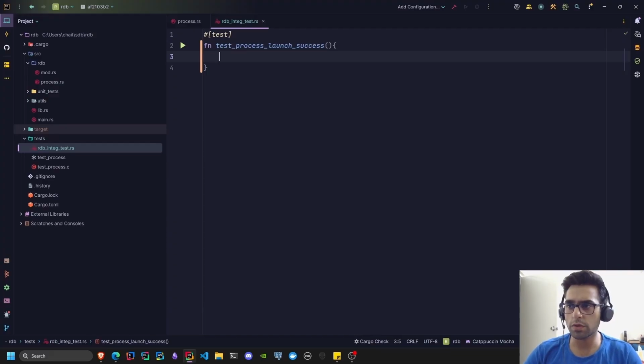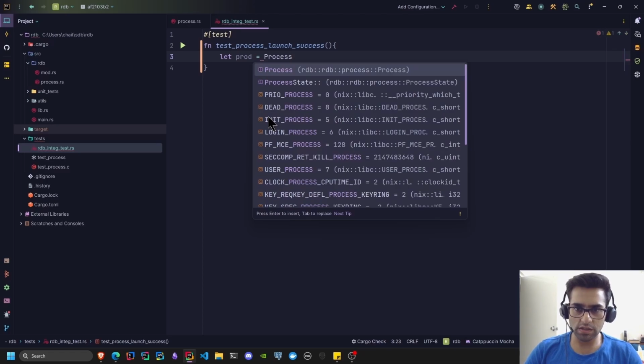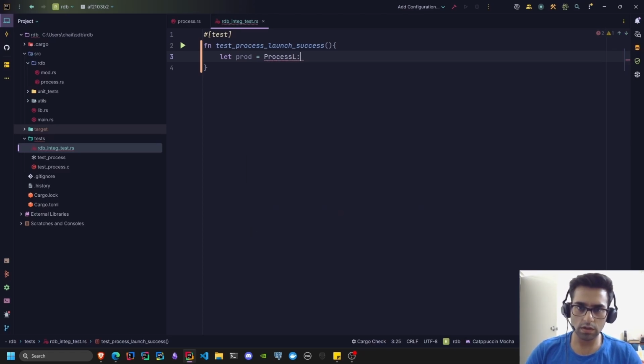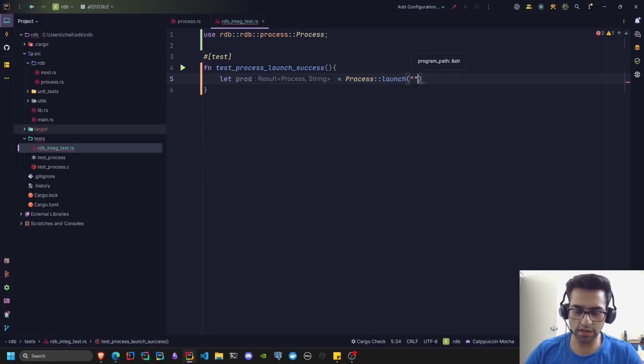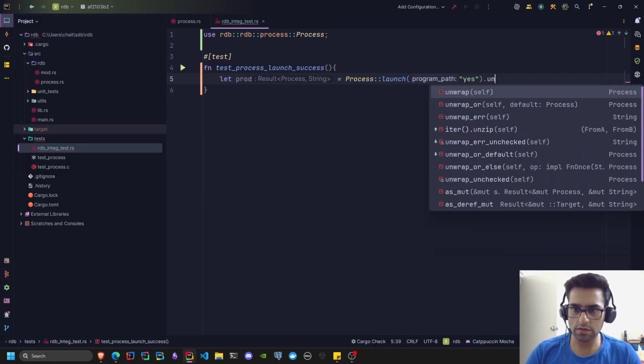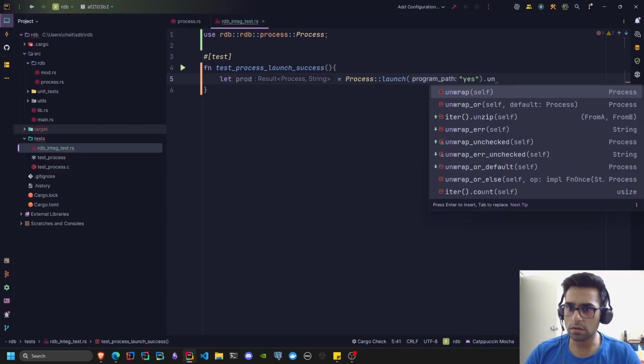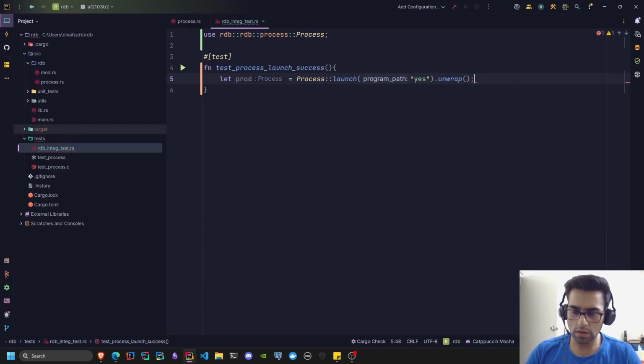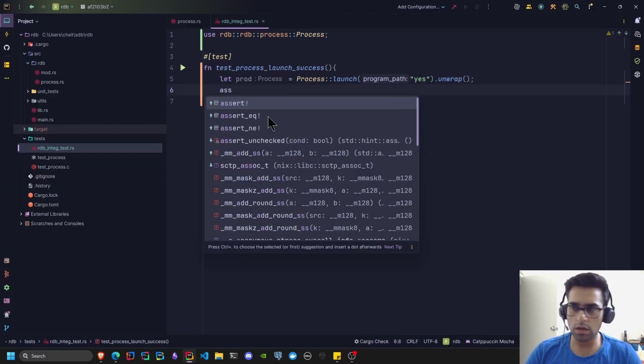In here, I want to launch a process and then I want to check if that process is running. That's what launch does, right? So let proc equal to Process, sorry, launch, and let's give it a program path. Let's run the yes process and let's unwrap it. And if that fails, then the test fails. And we can assert